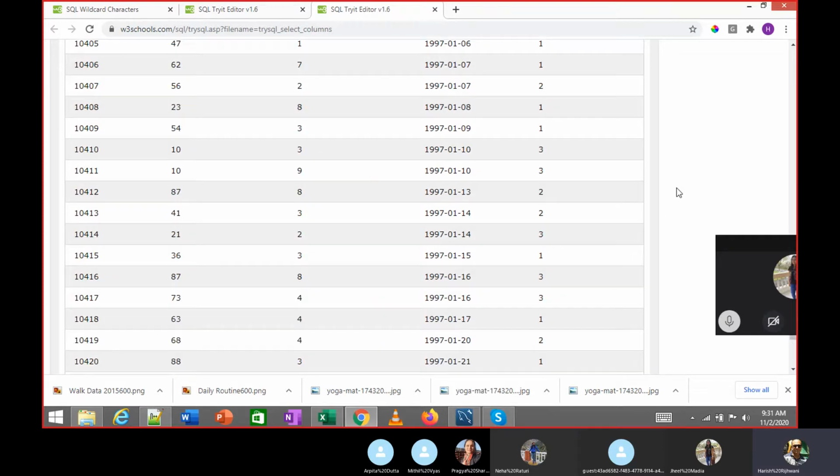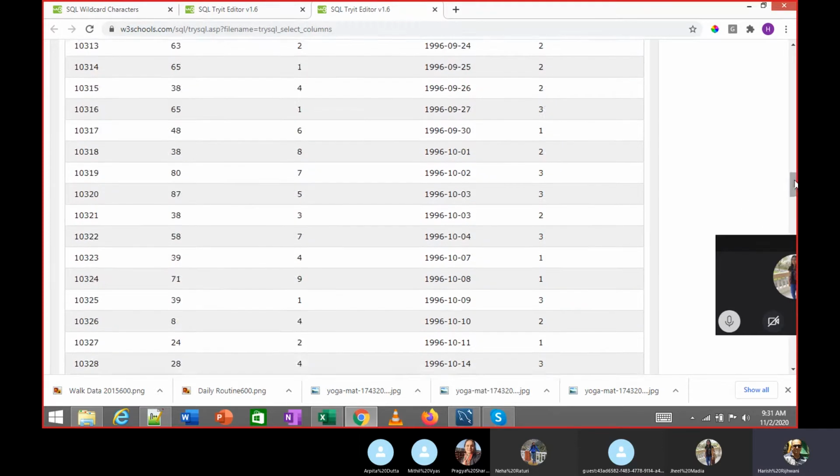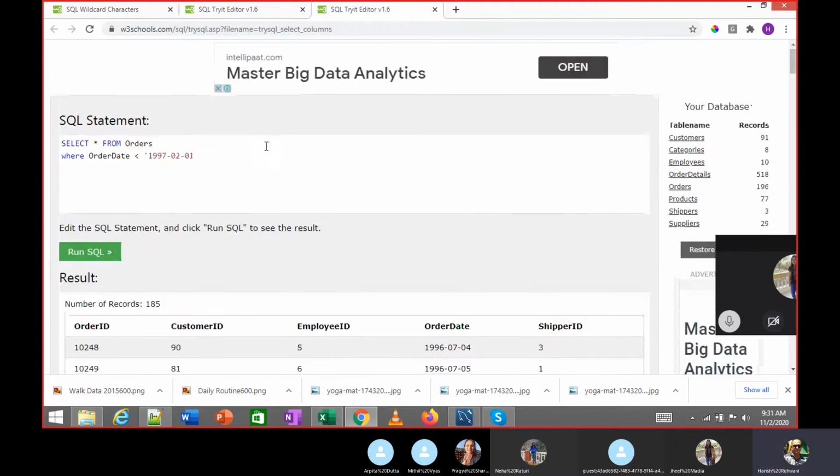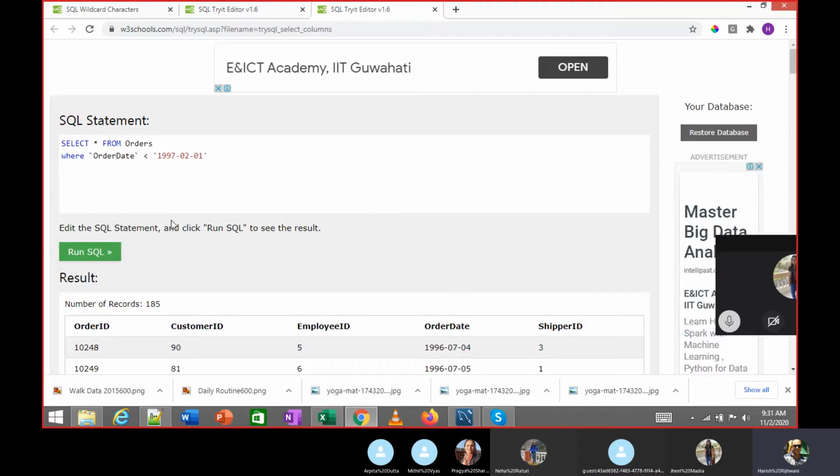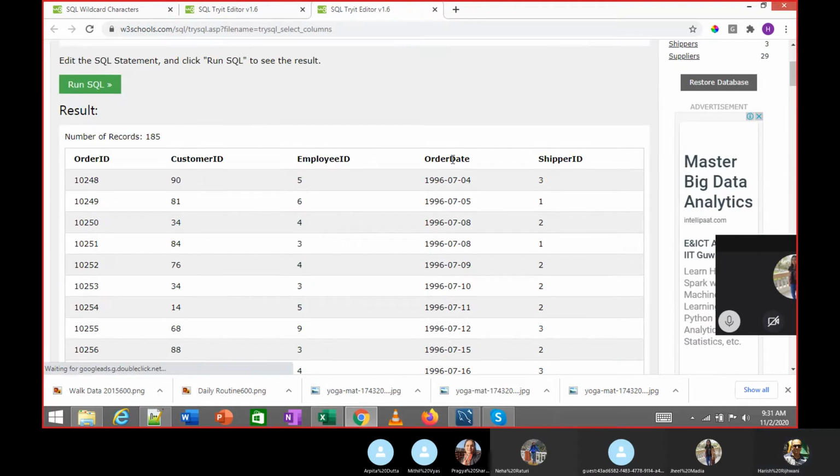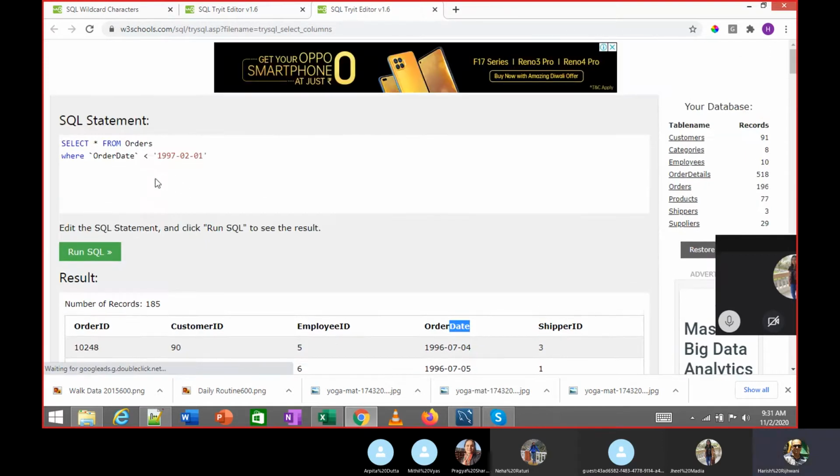I get the records till then. So you should put these quotes only when there is a space over here. It's still working over here, but ideally you don't need to put these quotes. If the field name was like this, that is when you ideally put quotes.